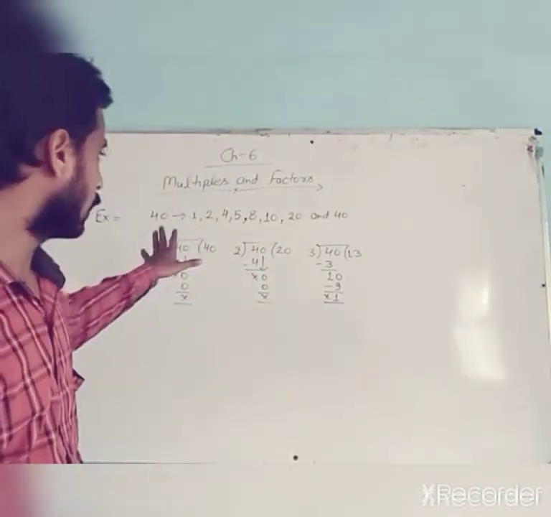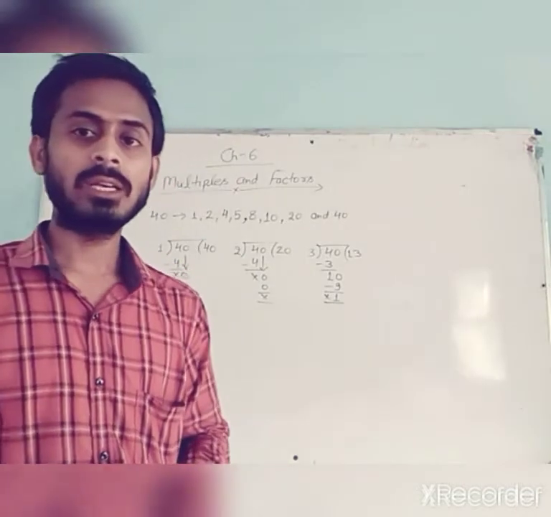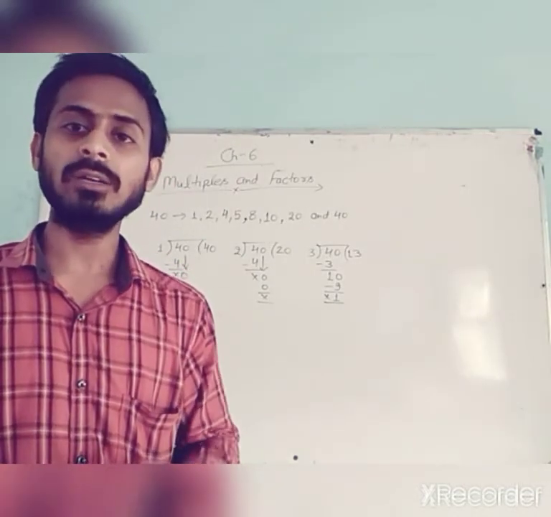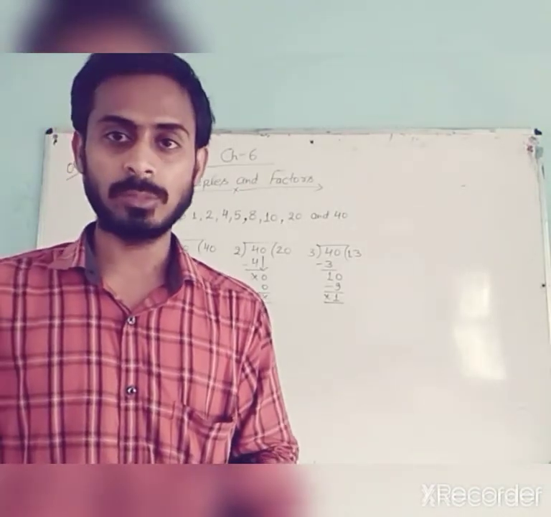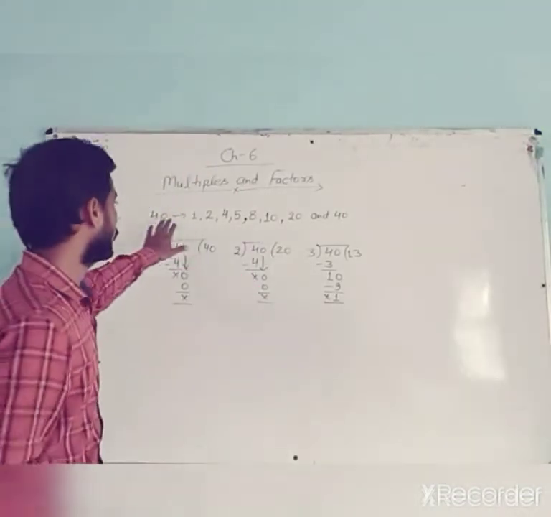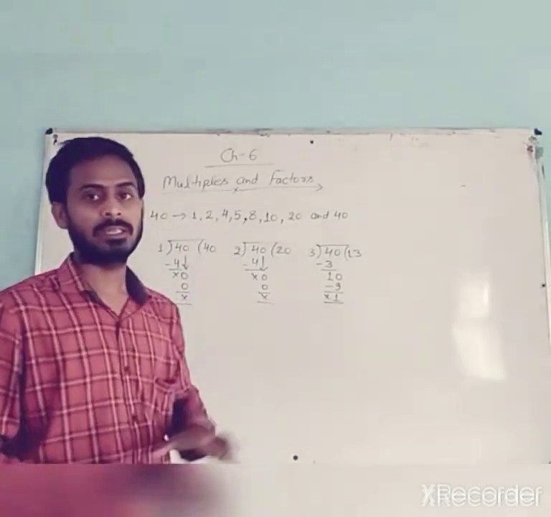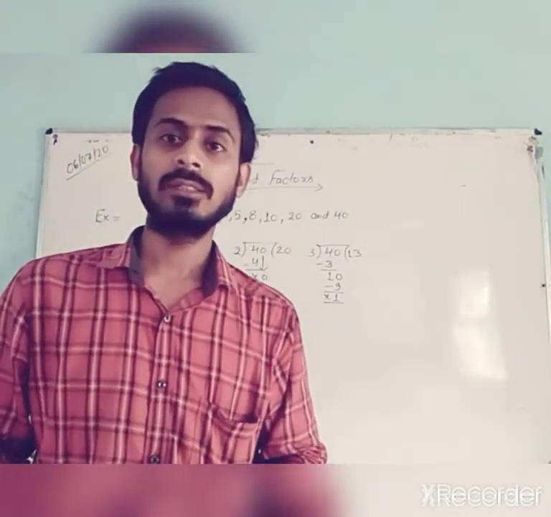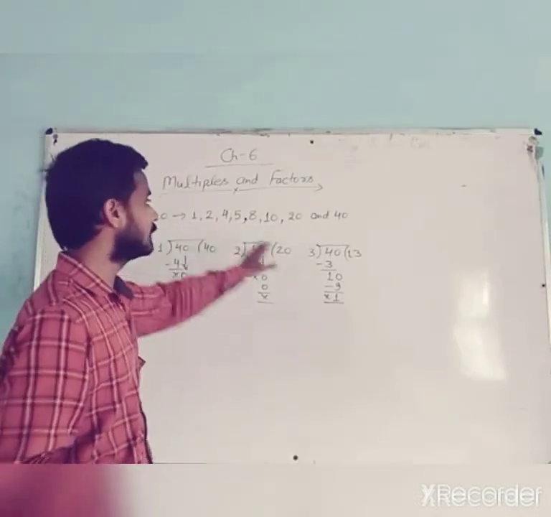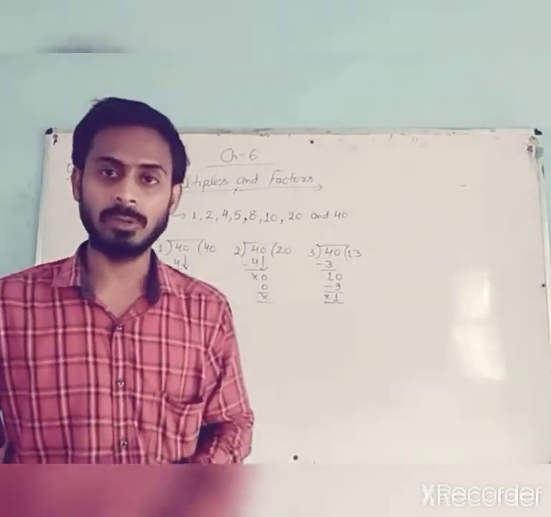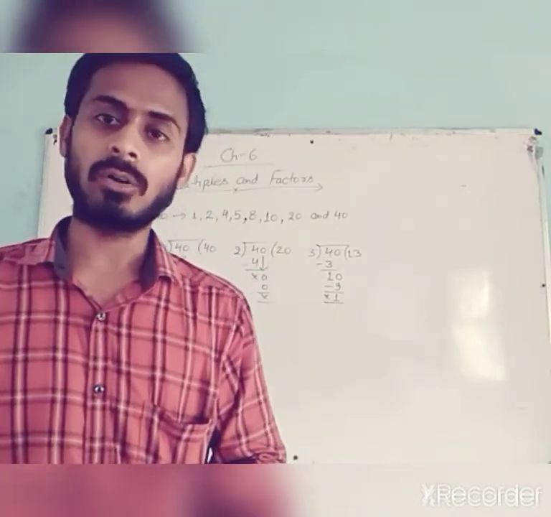Now one more thing. Just before this topic we learned how to find multiples, and now we are learning how to find factors. So you know that there are infinite multiples, but factors are finite. It means we can find the factors of a given number like this, and the factors are countable also. Multiples are not countable. Clear?